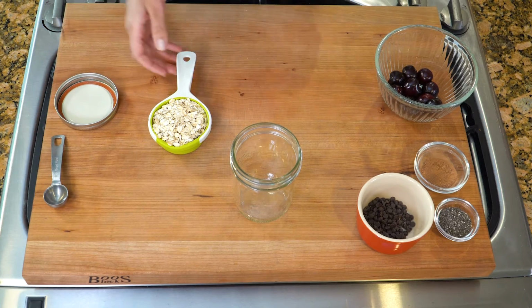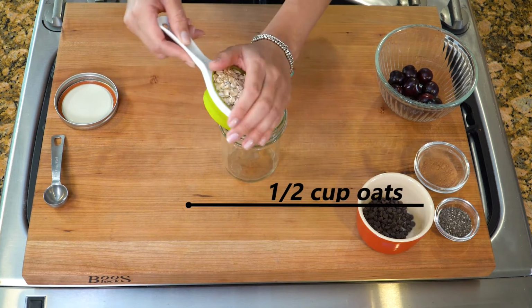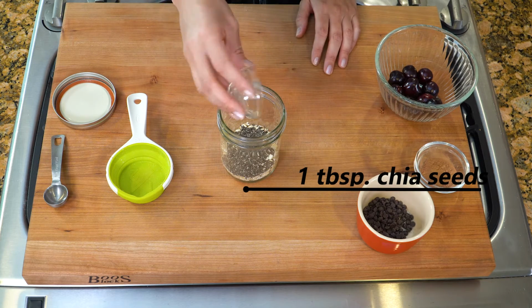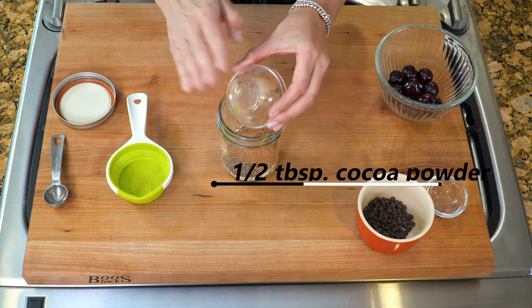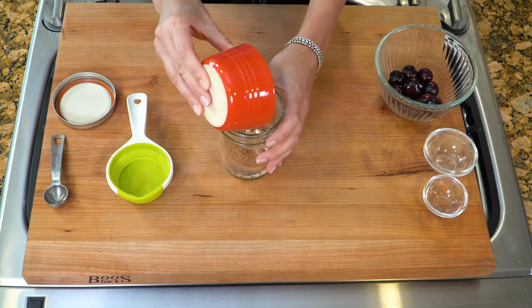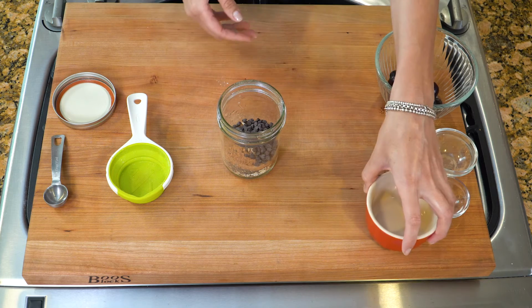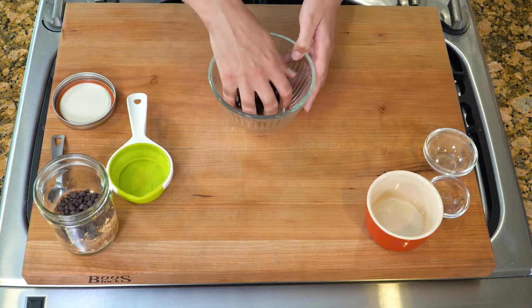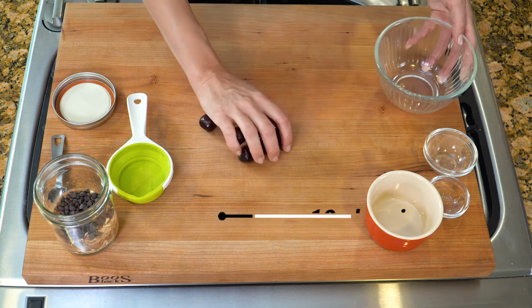First, I'm going to add half a cup of oats to a mason jar. Then I'm going to add 1 tablespoon of chia seeds, half a tablespoon of cocoa powder, unsweetened, and about 2 tablespoons of mini chocolate chips. And I'm using the Enjoy Life chocolate chips, so they're totally vegan. And next I'm going to chop up about 10 cherries,